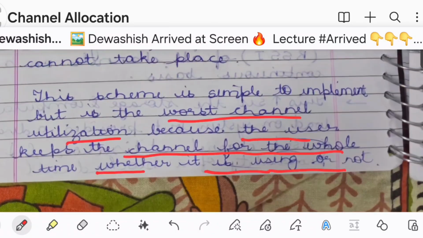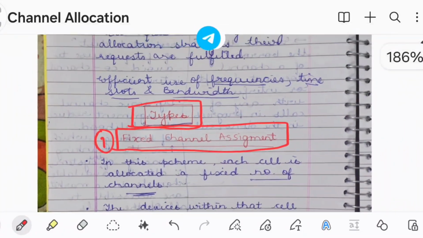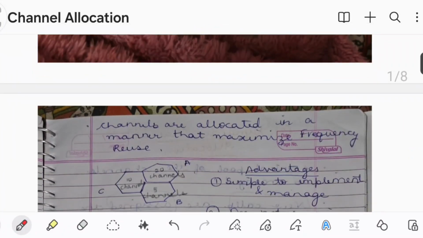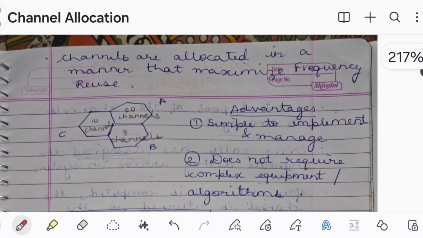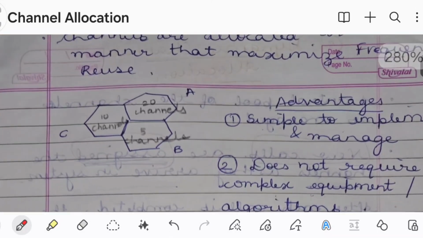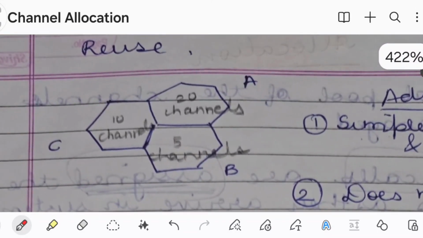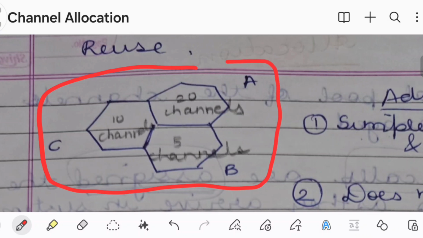So let me explain by using the diagram, so you can understand it better. Here you can see the diagram, and for illustration purposes only, we are showing three cells. These hexagonal shapes are the cells. The cells are named A, B and C. So this particular cell A